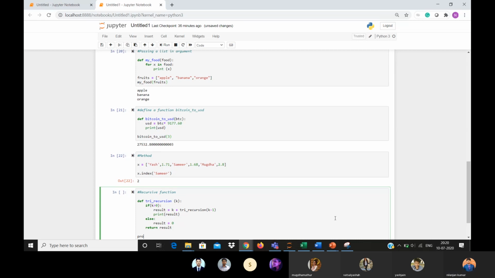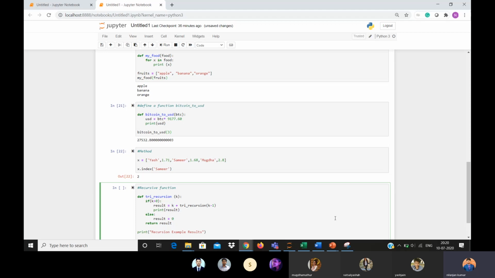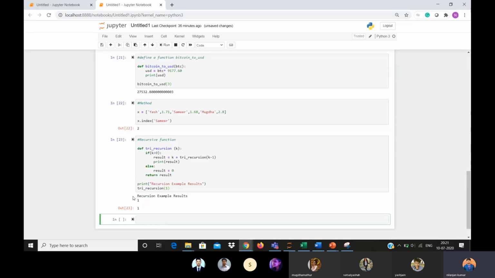Then I'm calling the function. For simplicity, I am starting with 1. If I run the program, it gives 1 as the output.